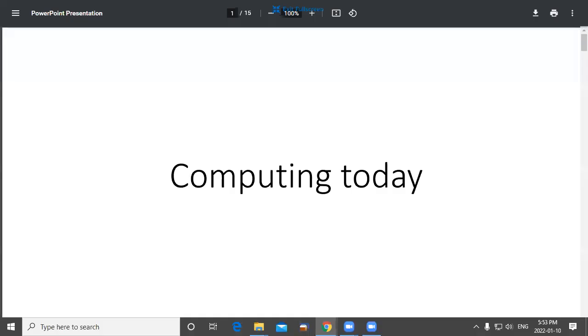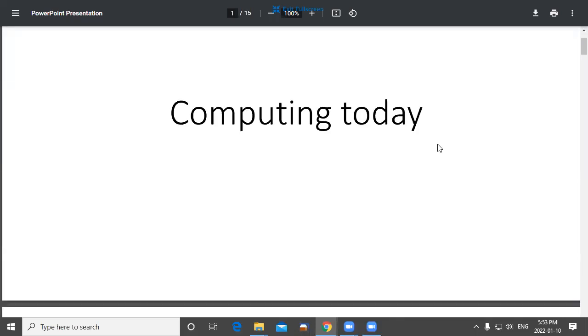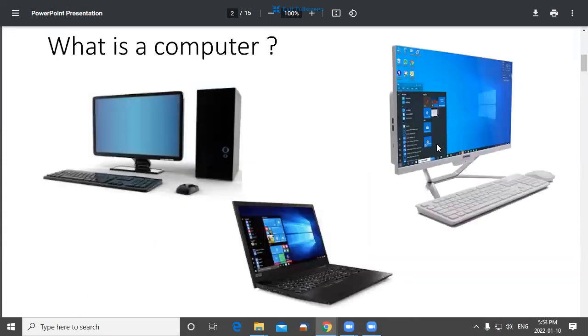All right, so let's start computing today. The first thing we're going to look at is, what's a computer? Well, that's a computer, right? So we're familiar with those being computers. We saw some pictures in the previous lecture, of these great, huge computers that filled up rooms. Those are still computers too, but these are computers.